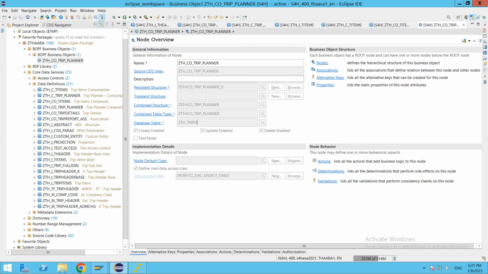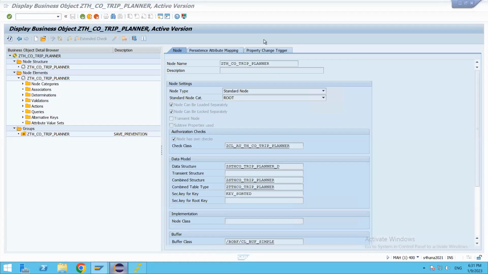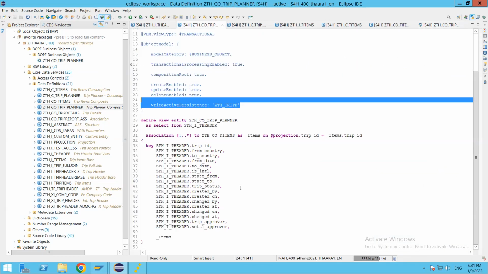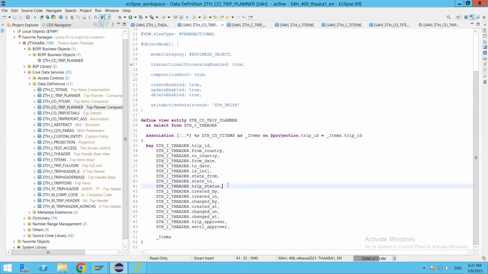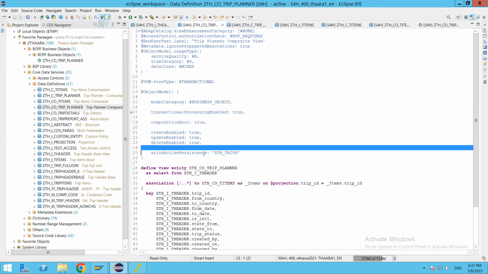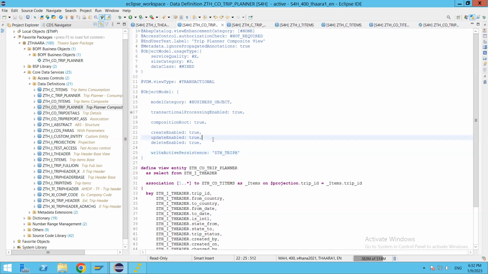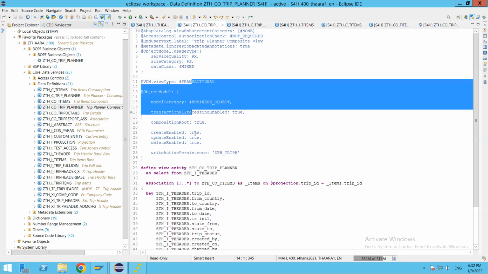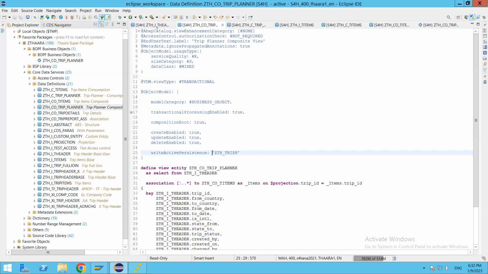Okay, so let me go here to our transactional CDS view. On the transactional layer, we have enabled the transactional behavior, and we said yes, this is the composition root, and we said the write-active persistence is this, and so on. So we have configured this one. Now this is not the one which we are using in the application. So we are at the transactional level, but we need to do something on our